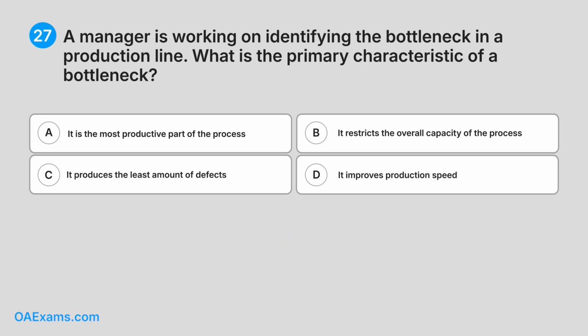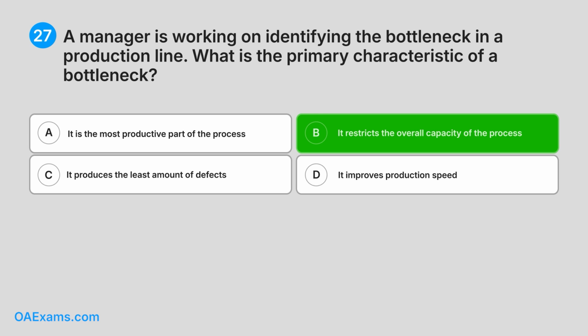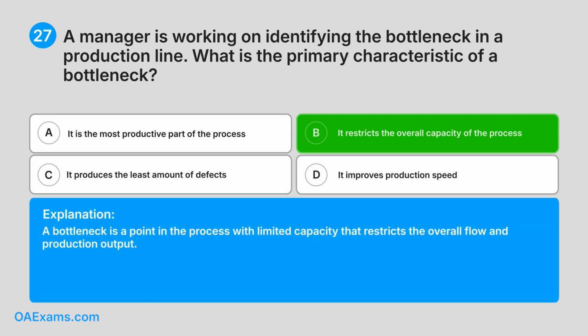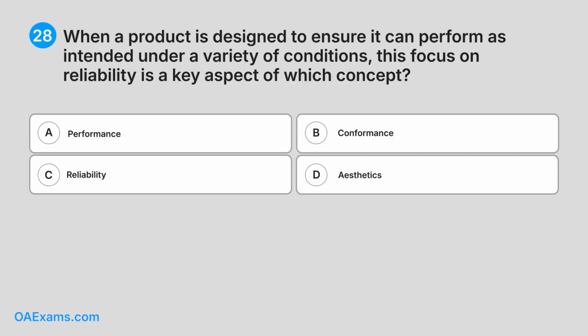Correct answer. B. It restricts the overall capacity of the process. Explanation. A bottleneck is a point in the process with limited capacity that restricts the overall flow and production output. 28. When a product is designed to ensure it can perform as intended under a variety of conditions, this focus